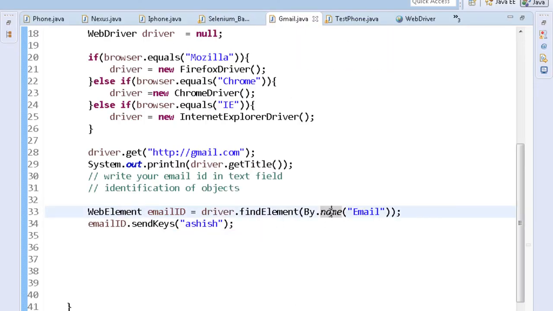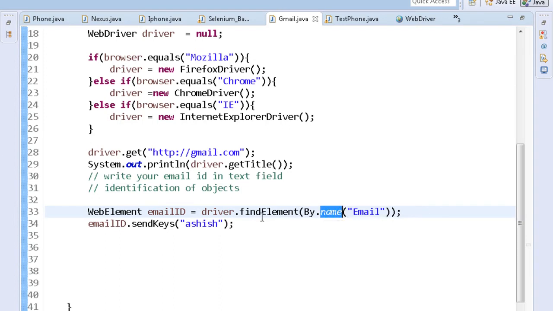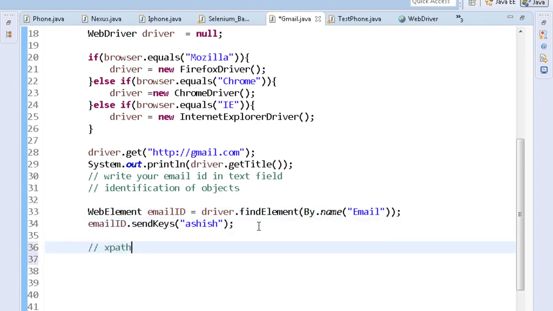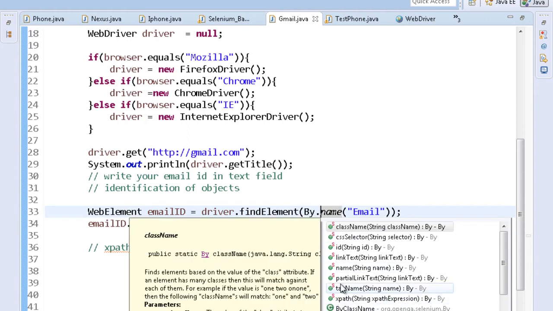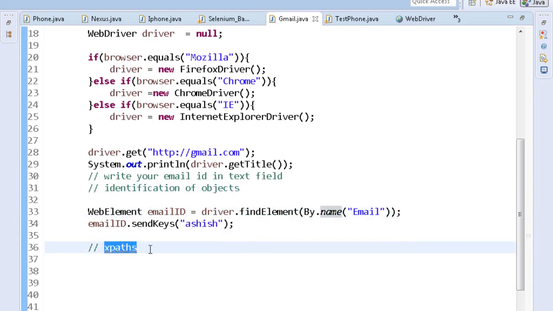Now what if the object is not having any ID or it is not having any name? Then things get a little complex and you use something known as Xpaths. Okay, so there are various locator strategies. One of them is Xpath. Now what is an Xpath? Okay, technically